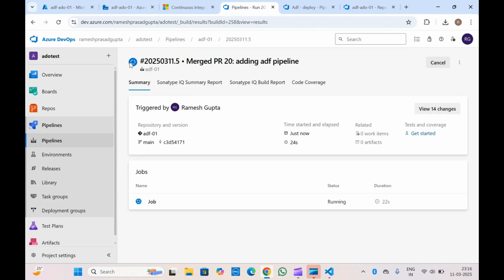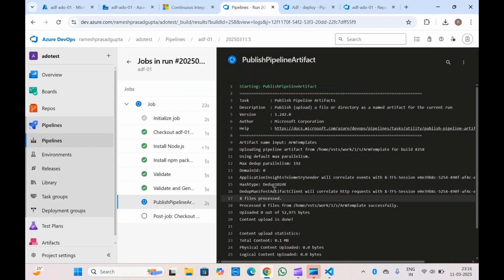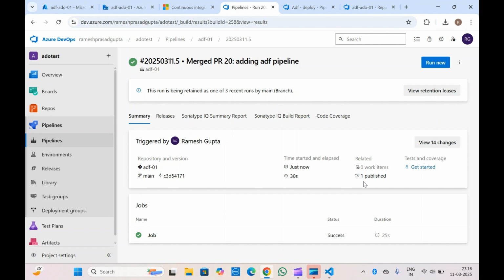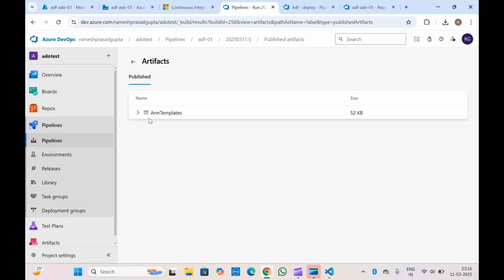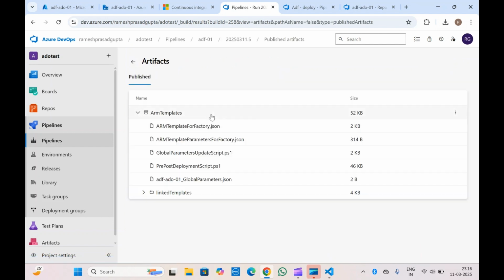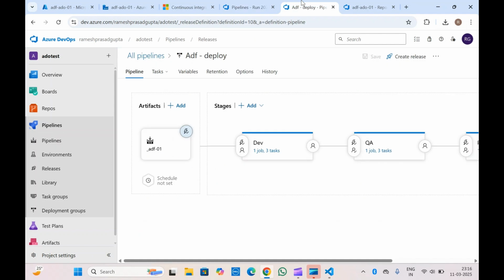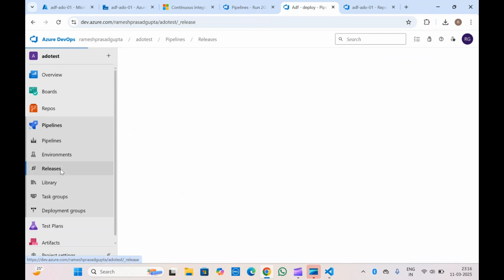This is now running, validating and publishing our ARM template directly inside the pipeline. This is complete. If you see, this might have published the artifact as well. You can see all the templates are generated, and once this pipeline is complete, if you go to the release pipeline,